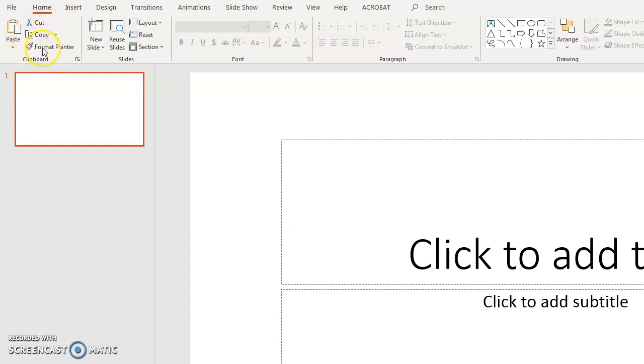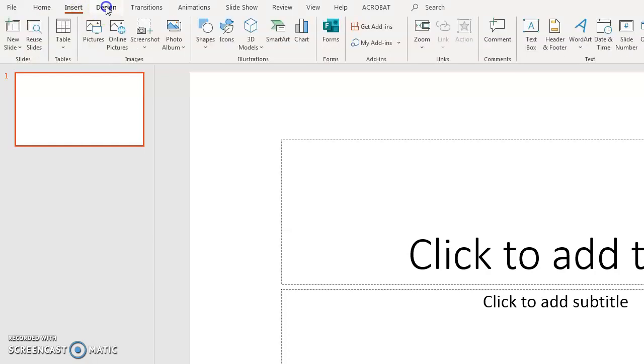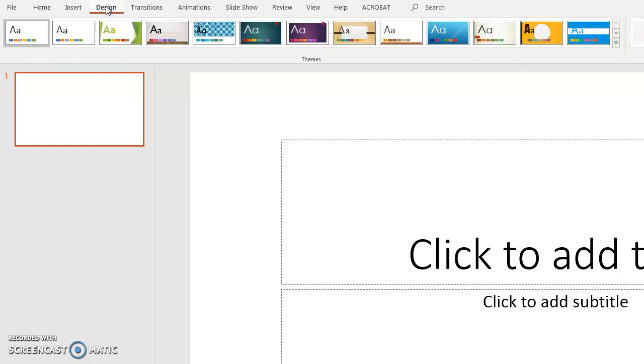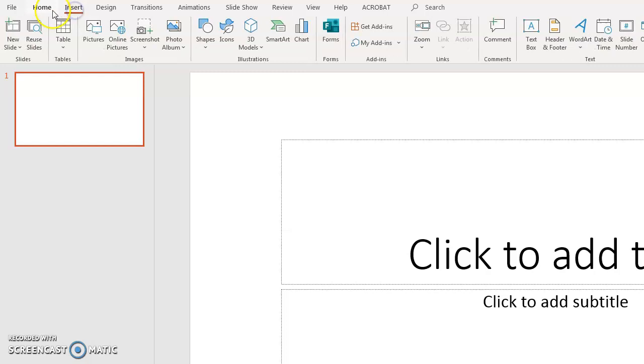You have home, where most of the time we are going to play around. There's insert, where you insert your header and footer. There's design, where you get the different themes of the slides, and all that. But for now, we are going to work around with our insert and home. Firstly,